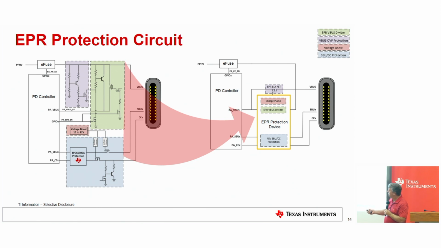Fairly simple. There are some FETs here, and what they do is allow the internal power path to still provide power out to the connector. Say you have a 5 volt internal power path, and as I mentioned, every device needs to be able to support 5 volts natively by default. Our devices have an internal switch, and on the 5 volt side, we want to bring that through. I can't bring it through the voltage divider network, so we provide a path to bring that out through the V-bus here. I don't want to get too much into the details, but that's one of the main reasons for that circuit.